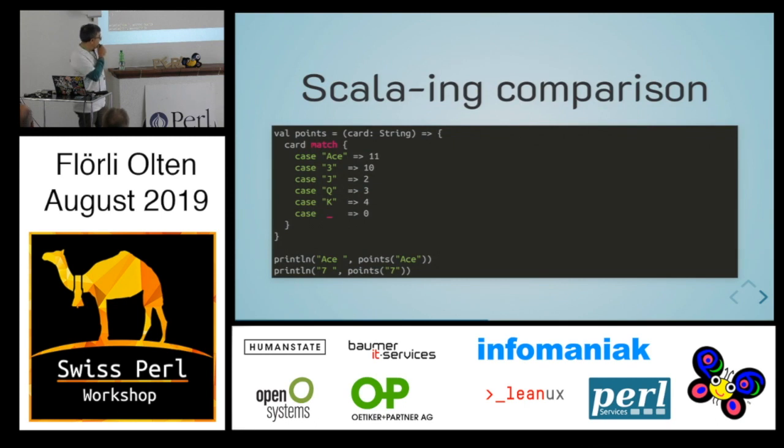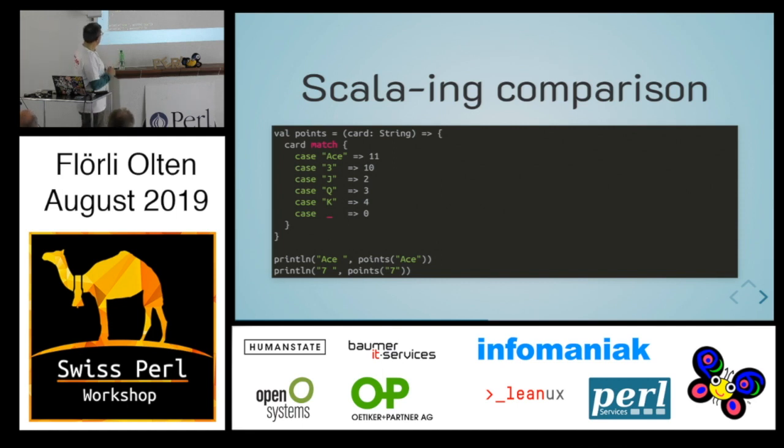So you can do that in Scala. In Scala, we have this kind of switch or case on steroids, where you say if card matches Ace, 3, J, Q, K, and then the default value. Once again, this is another lambda. So we got lambdas again, right? This is the argument to the lambda, and this is what the lambda is going to return. It's using this syntax, which is a fat arrow,